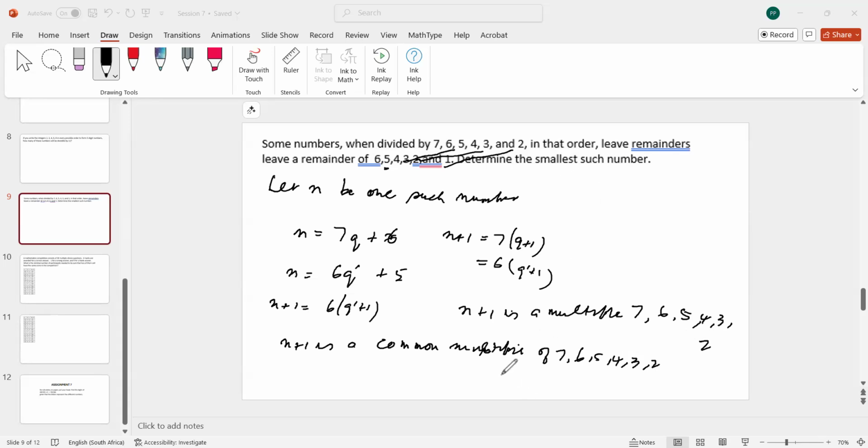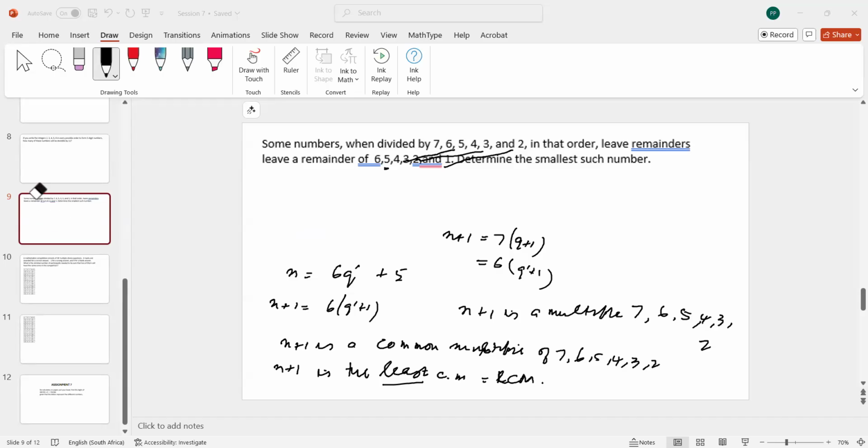And you're looking for the smallest, so you're looking for the least common multiple, and that is LCM, guys. LCM stands for least common multiple. So n plus 1 is the least common multiple of 7, 6, 5, 4, 3, 2. You can calculate this by any method you have, and you will see that n plus 1 is actually equal to